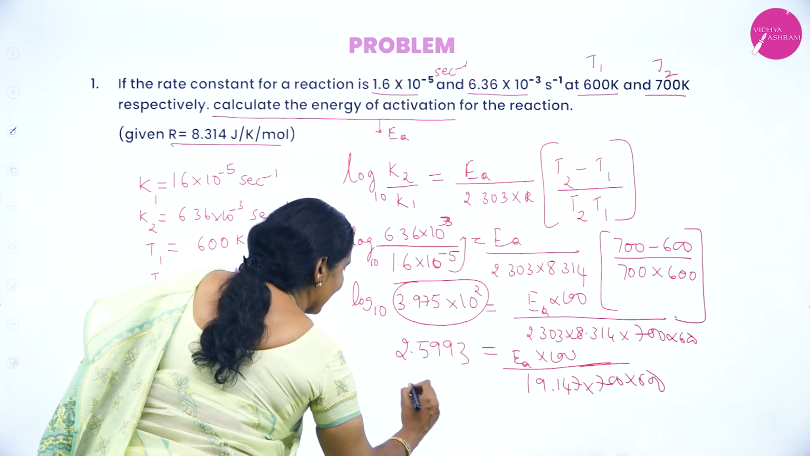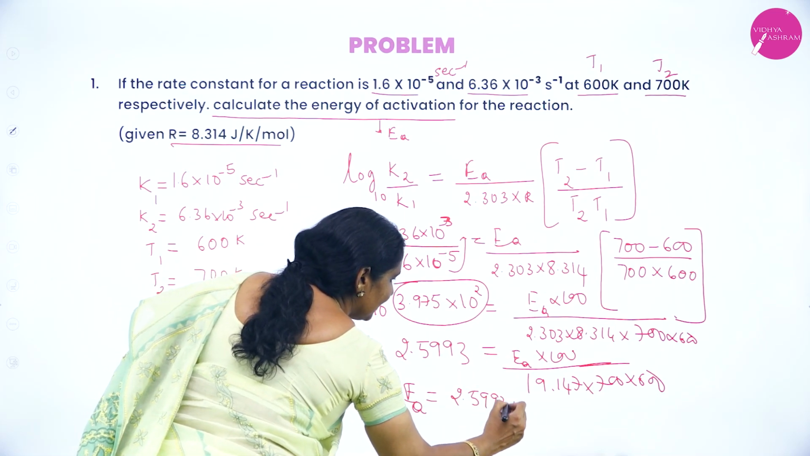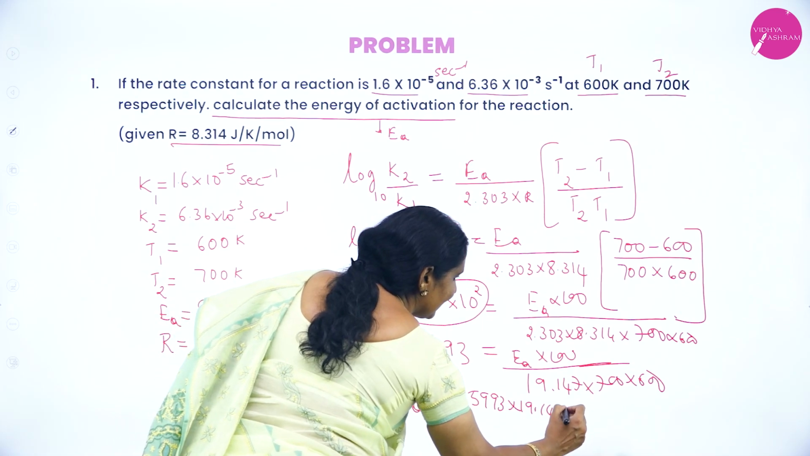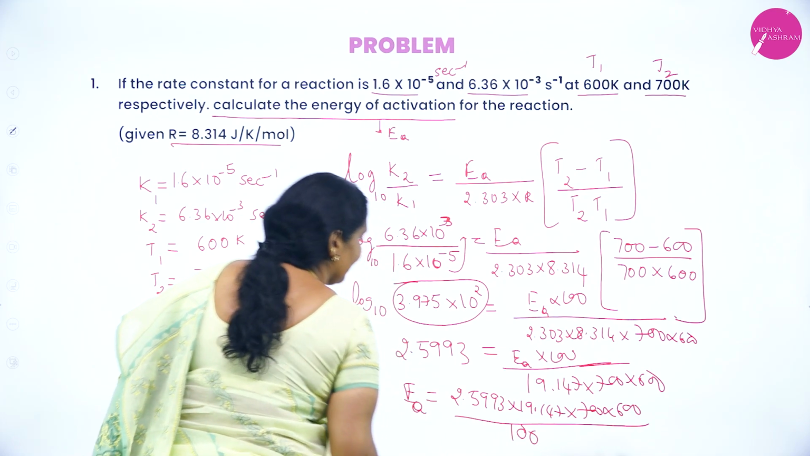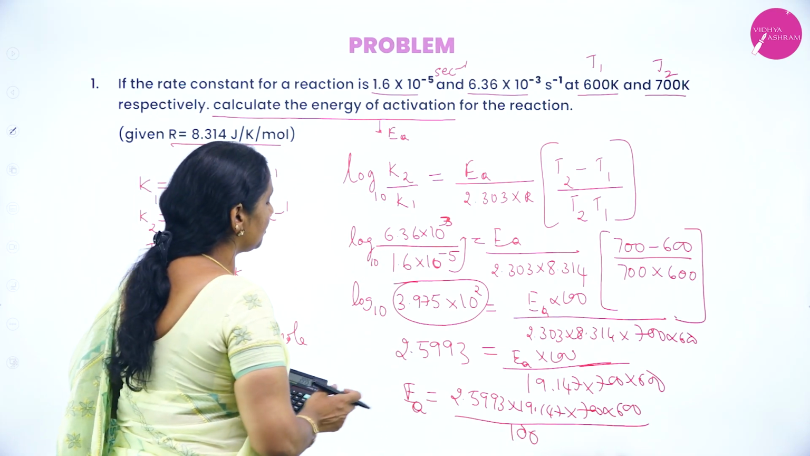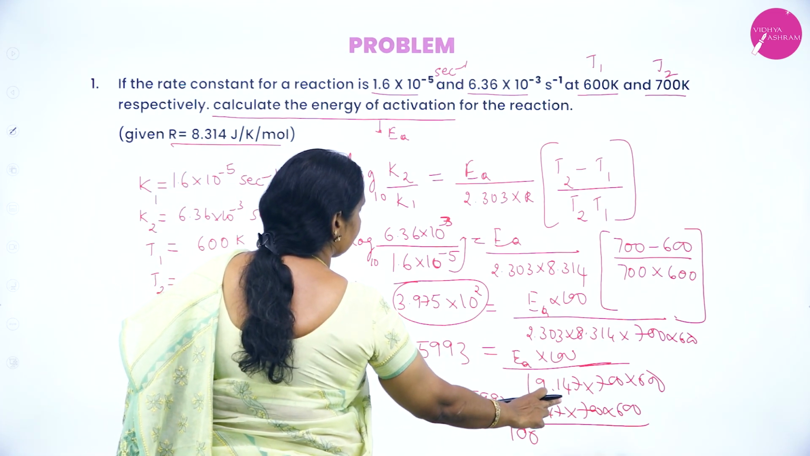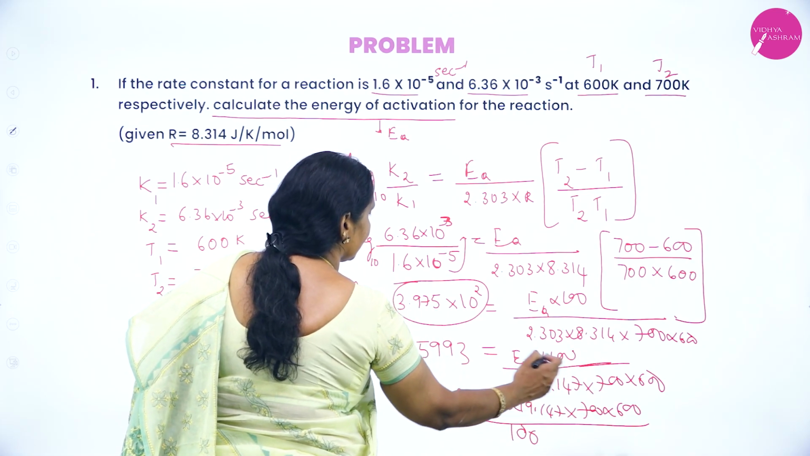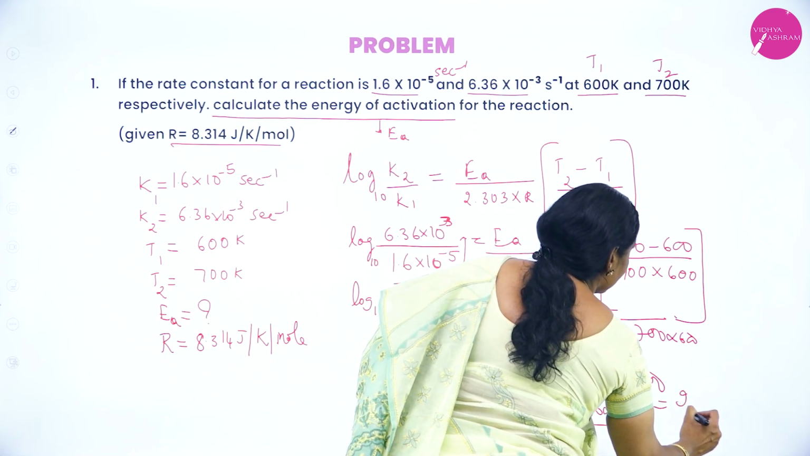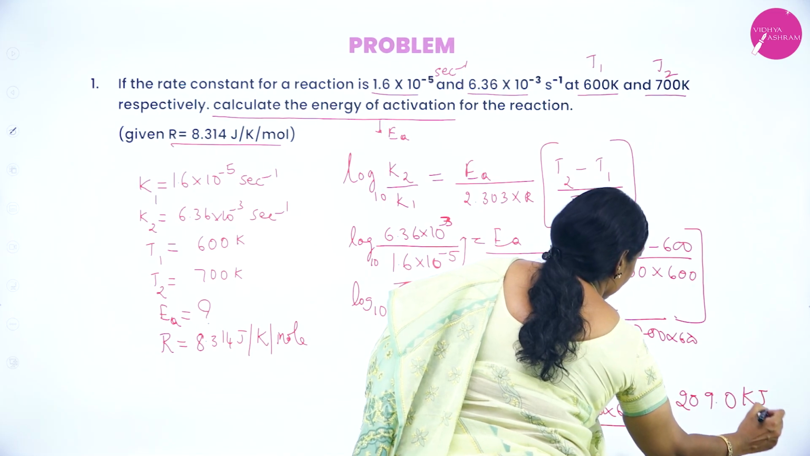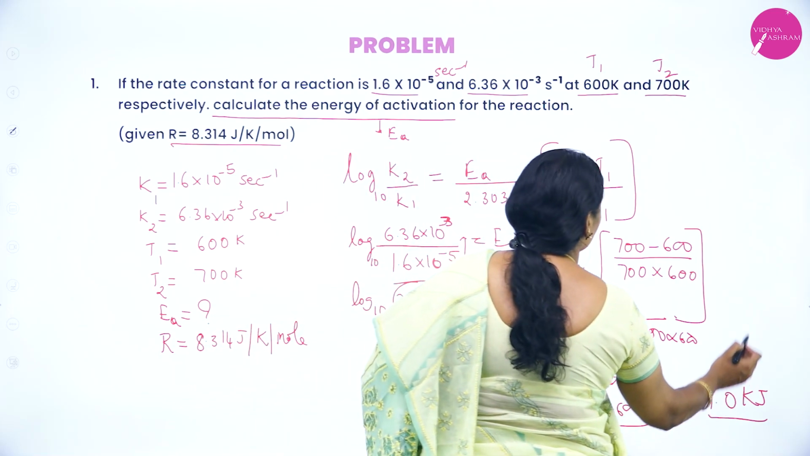Now, if you want EA, you cross multiply this. 2.5993 into 19.147 into 700 into 600 divided by 100. Okay. So, EA is equal to, if you cross multiply this, 2.5993 into 19.147 into 700 into 600 divided by this 100. If you calculate this, it will become 209.0 kilojoule, 209.0 kilojoule,